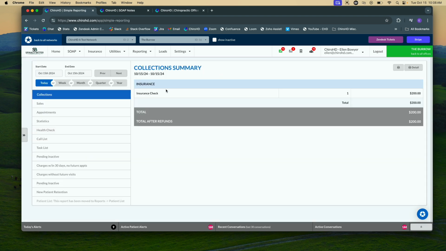Now, if I go to my collections report, I will see that $200 reflected as an insurance payment. It's under my insurance category because I converted it via the virtual credit card posting screen and the correct method. So now I've transitioned it and moved it from a patient payment to an insurance payment, and I've attached the